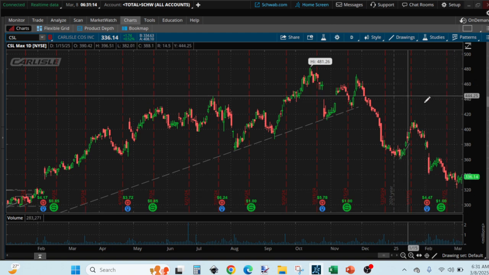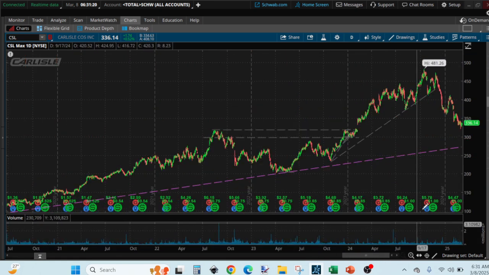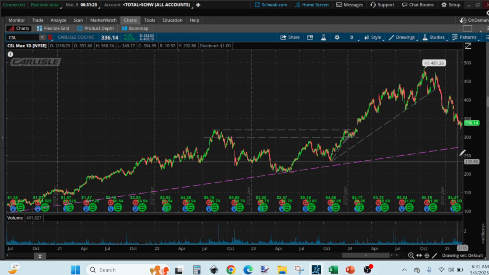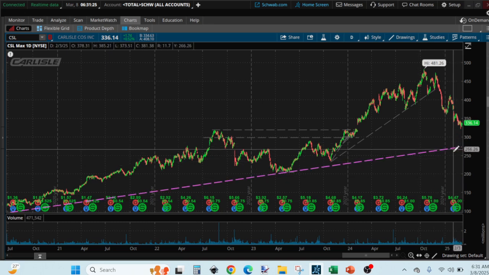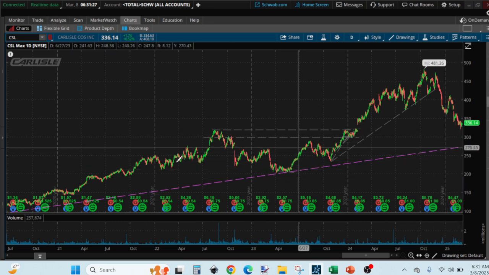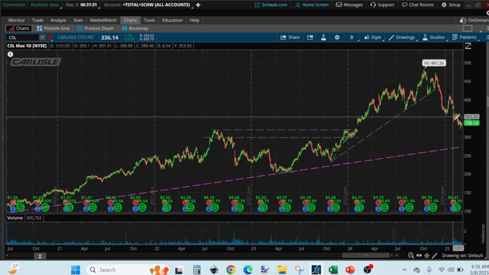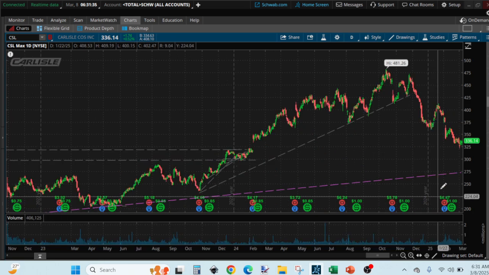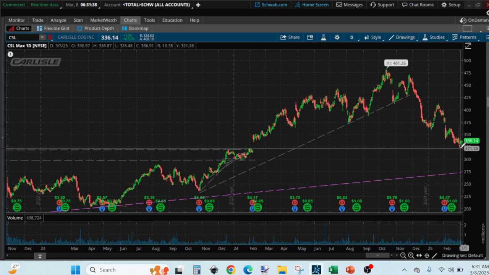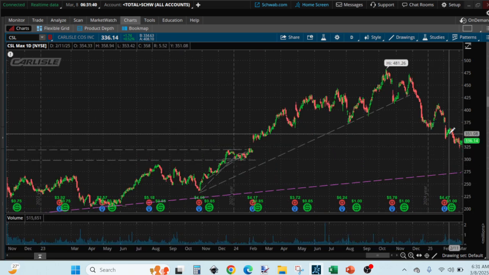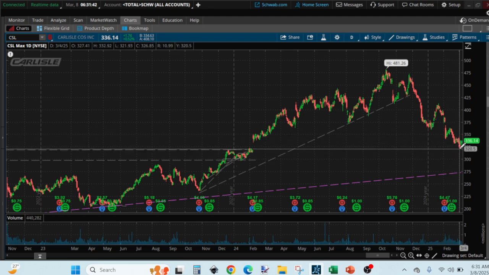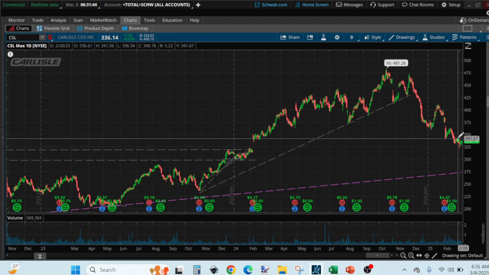So, the next one, it is still kind of far from where we would like to buy. Therefore, we are not going to do anything to it. We are just going to keep observing it. It is making lower lows. You can see this red bar. You compare the red bars delimited by the green bars. So this red bar, which is the last of those set,